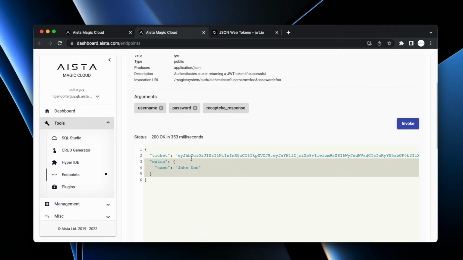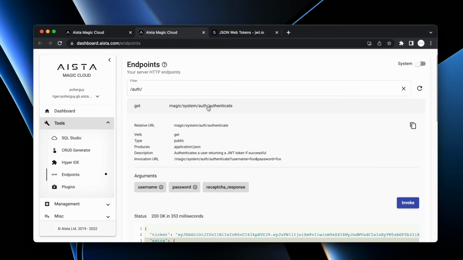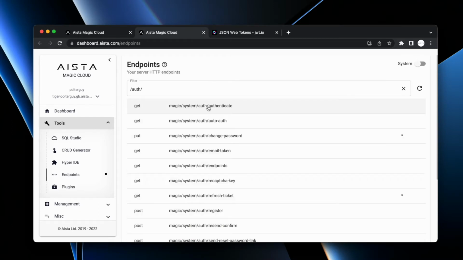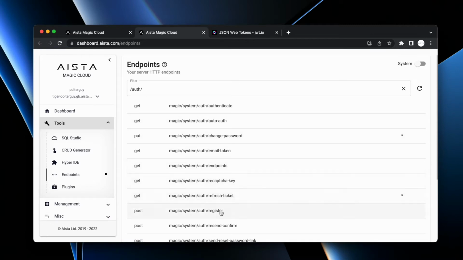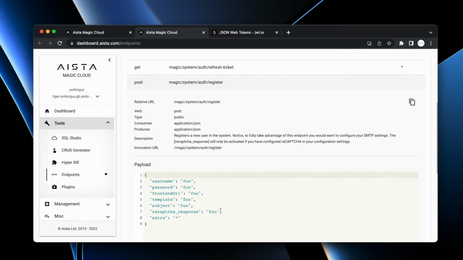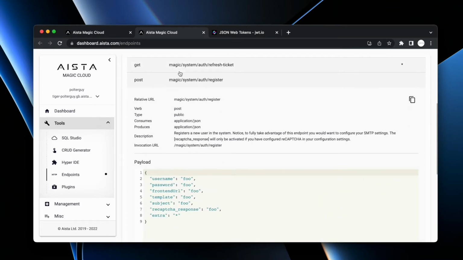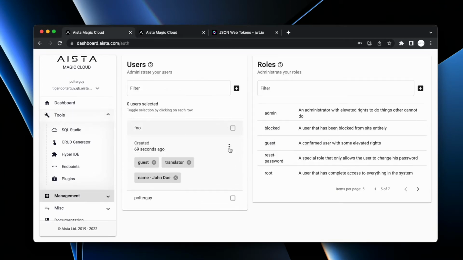However, that's probably relatively useless unless you intend to manually handle your users. You probably want to have some sort of registration endpoint in Magic. And actually Magic contains that registration endpoint. If you see now, I'm still filtering on /auth/, and then further down here on the page, I can find a register URL. Let me first delete this foo user